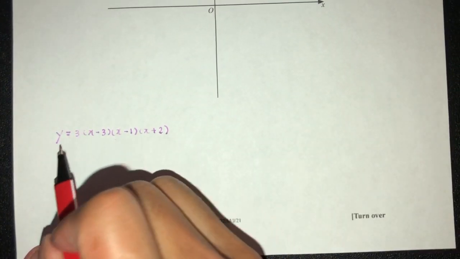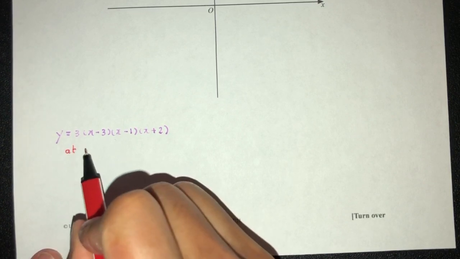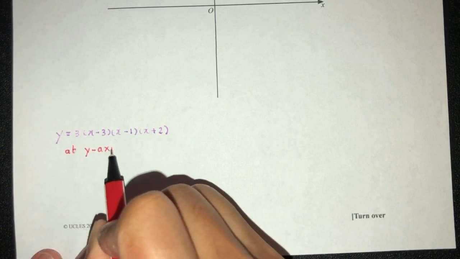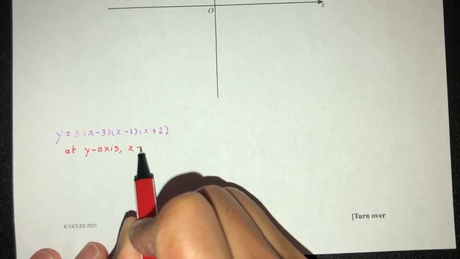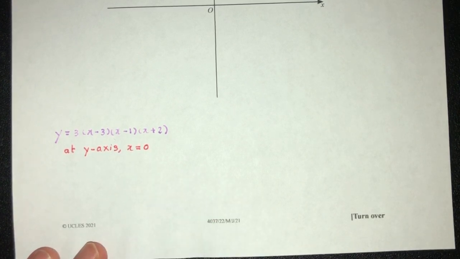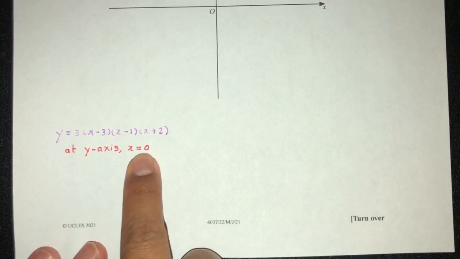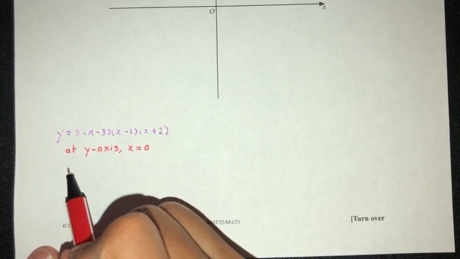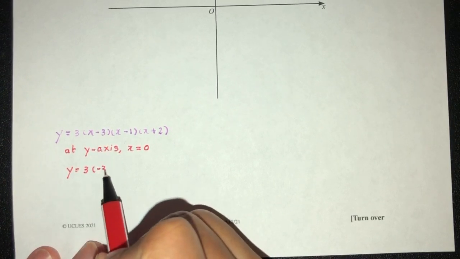So you have to know this: at the y-axis, what happens? We have to know that x will be 0. So this is always true. On the y-axis, x will be 0. Replace x with 0 in this equation. So y will be what? That'll be 3 times, 0 minus 3 will be minus 3,